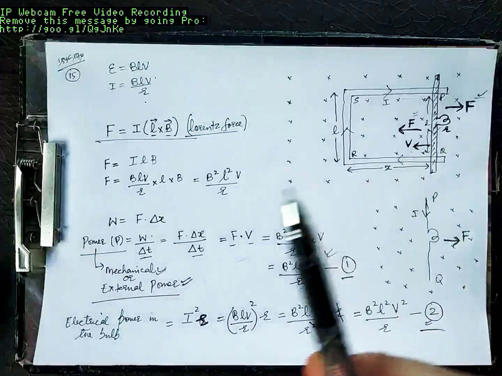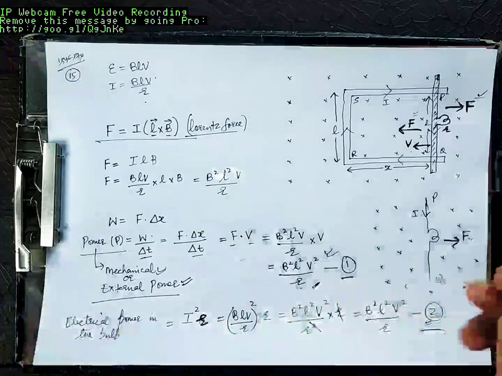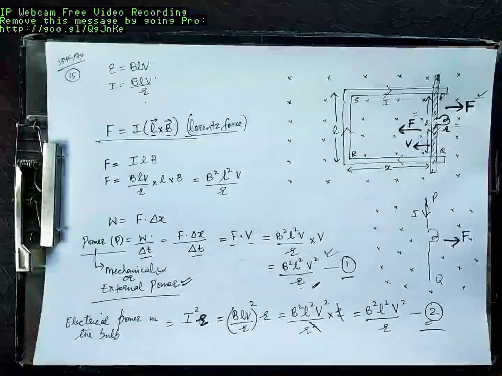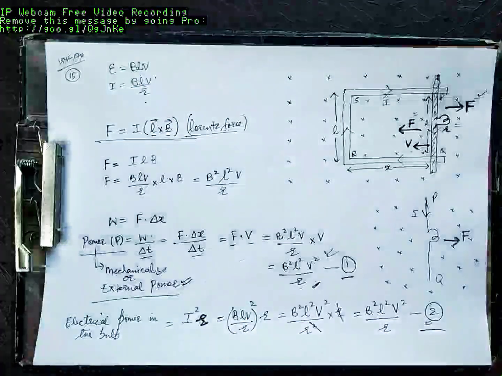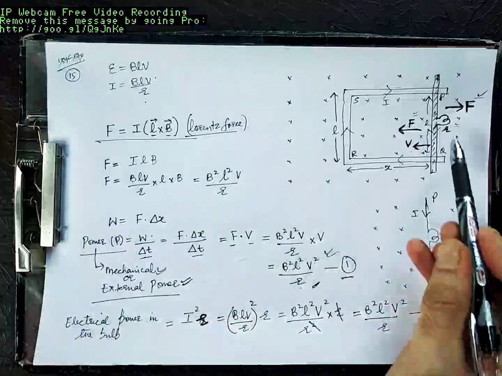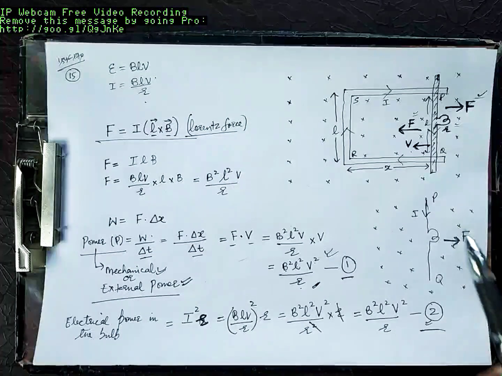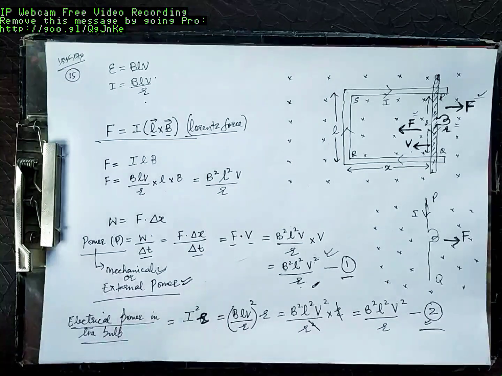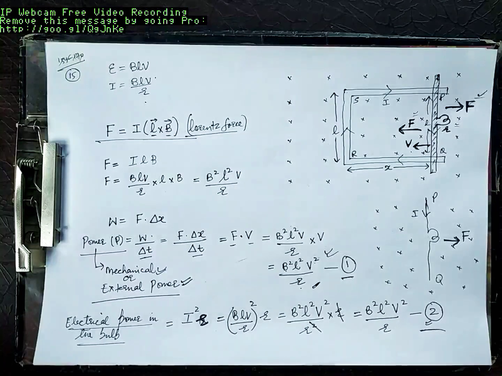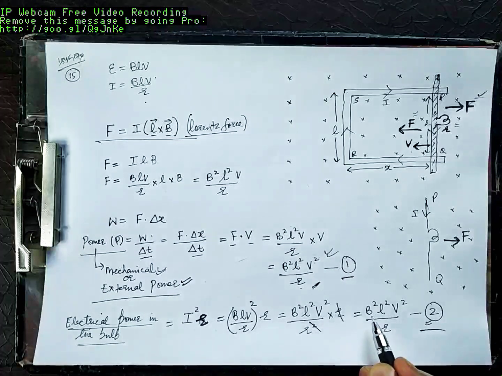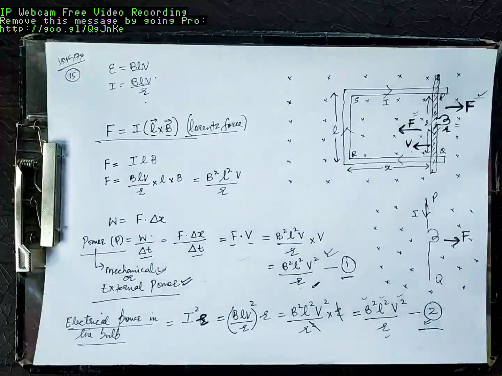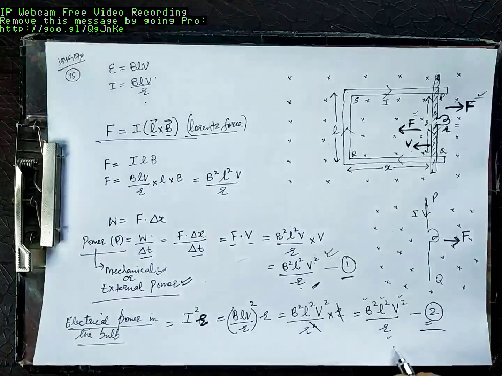Now let me ask you a question. If I want this bulb to glow brighter, what should I do? That means you want the electrical power in the bulb to be more. If you want the electrical power in the bulb to be more, you can increase it by increasing these three or by decreasing this. Let's leave this for the time being.